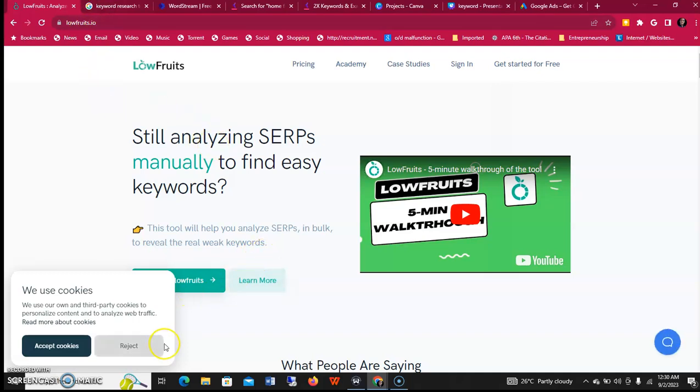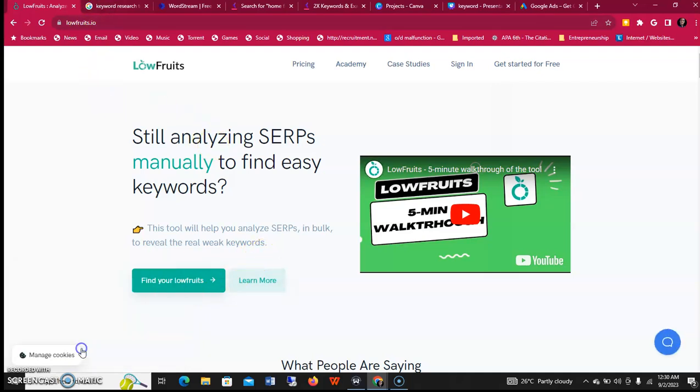If you're just starting out, just find your Lowfruit. So essentially this site helps you to analyze search engine result pages manually to find easy keywords. So it gives you a lot of these keywords, and you find the one that is very much appropriate for you and your brand. So you'll be able to see the ones that are less